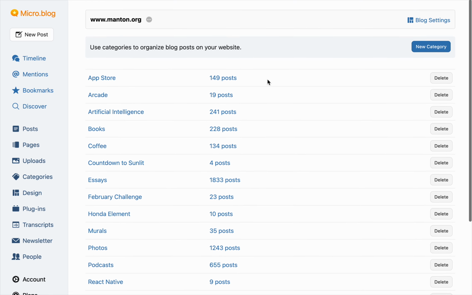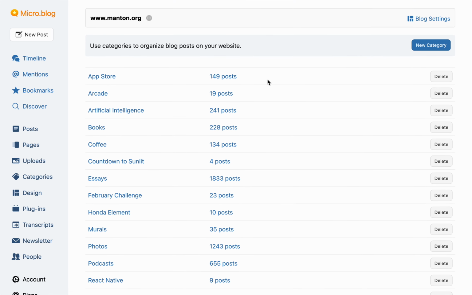And that's great. And then going forward, if I blog about the App Store, it'll be in that category. People can browse those related posts on my blog. So that is categories, filters, and these new keyword-based filters using AI. If this is something you're interested in, check it out. Again, if you don't have Micro.blog Premium or you don't want AI enabled on your account, this will just be hidden from the interface, and